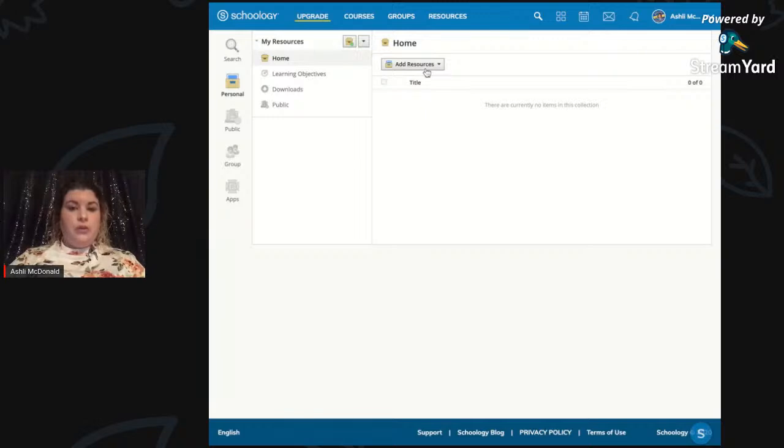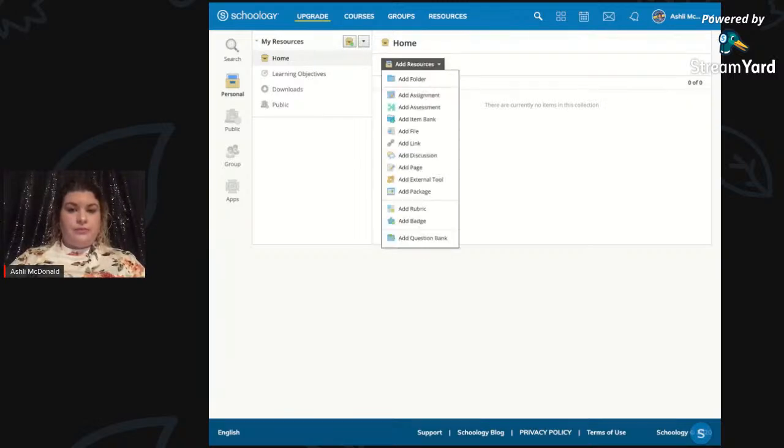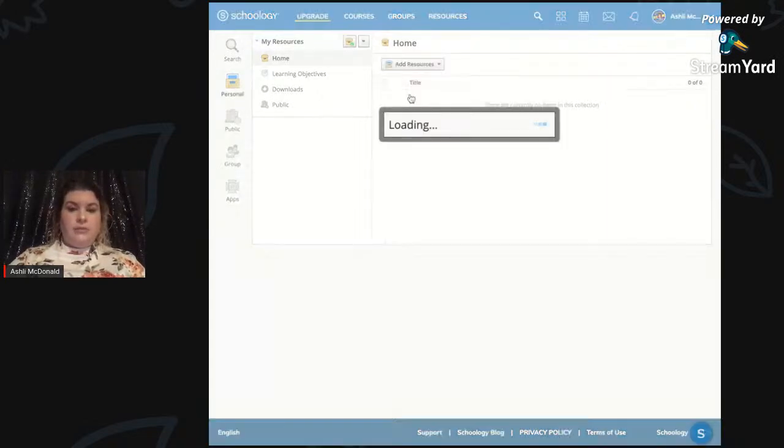And to build a rubric, what I'm actually going to suggest that we do is build a little mock assignment first. You don't have to, you can build a rubric straight in here, but for the sake of walking everything through for everyone, we are going to build a rubric, an assignment. So when you click add assignment,